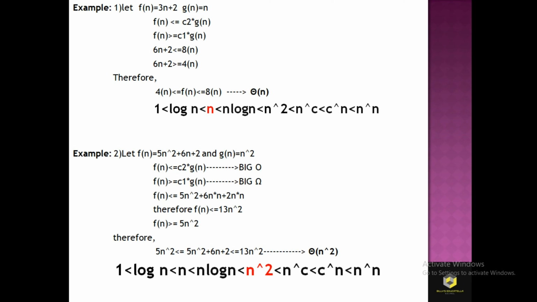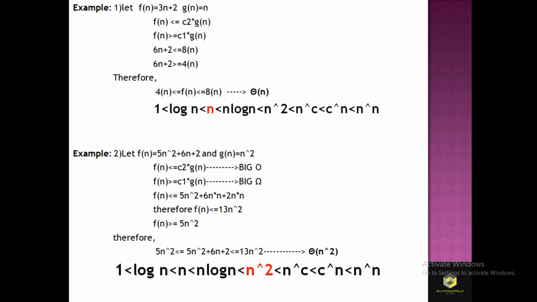Coming to the next example, let f(n) = 5n² + 6n + 1. Here I want to show an easy method. We have to neglect the smaller terms and take the upper term, and that will be the time complexity, here for the average case. So what will be the time complexity? Theta of n². Here the average case is n². So these values are the big O notation time complexity, and these values are